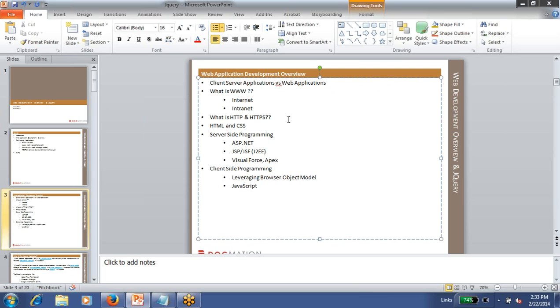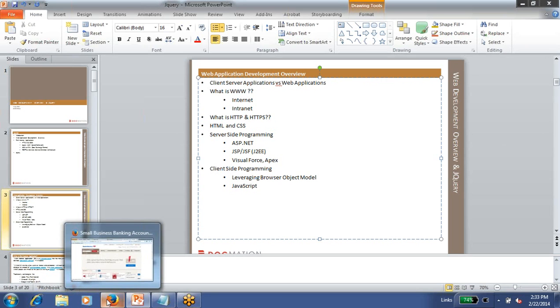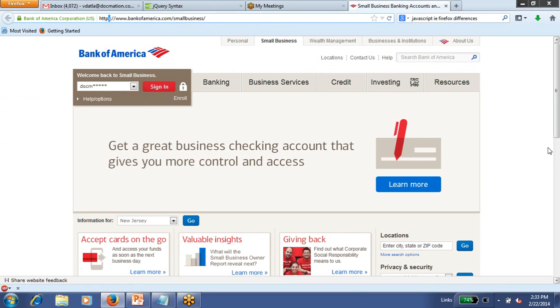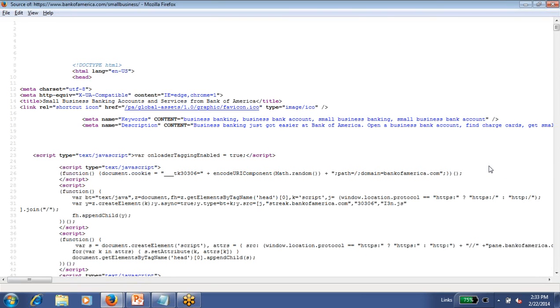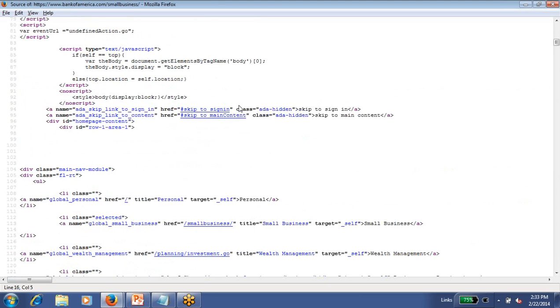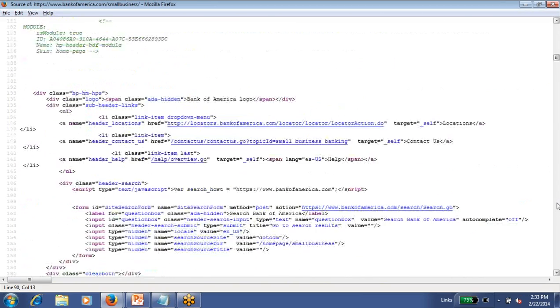The next thing that I want to talk about is HTML and CSS. Most of you know what HTML is. HTML is hypertext markup language, which a browser understands, and when you include your information as part of HTML, the browser is able to display it. So if you look at this Bank of America page, you'll see that there's a whole bunch of HTML along with JavaScript that is being